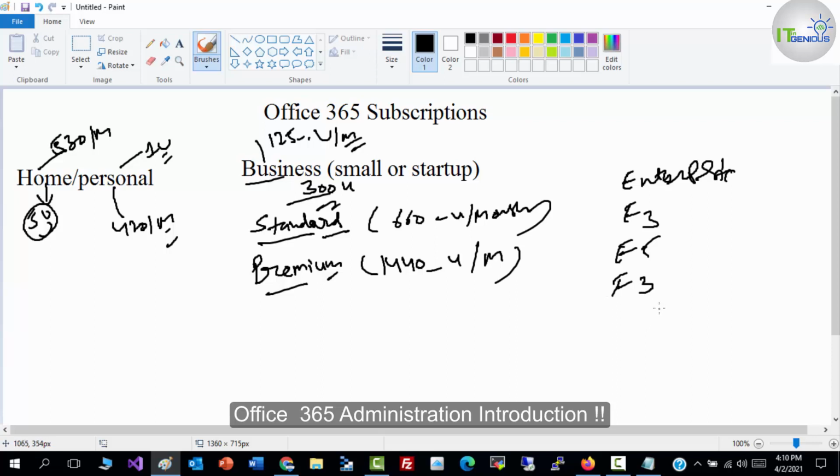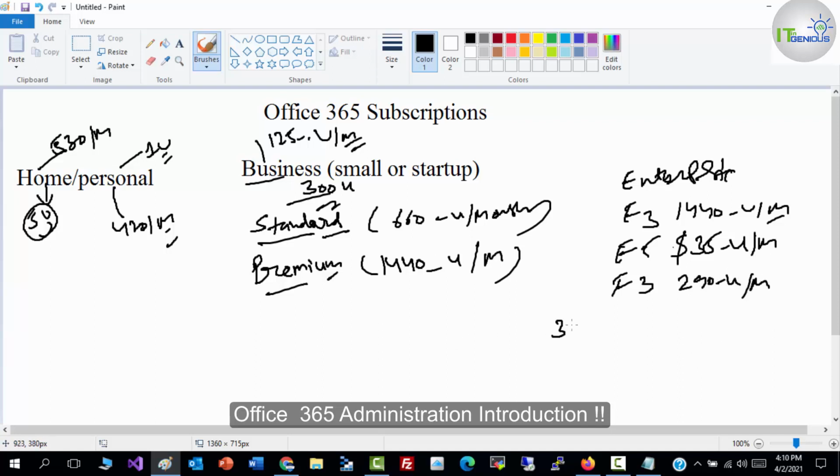These are the licenses which we can use here. E3 pricing would be 1440 per user per month, where you would be able to create an unlimited number of users. You will get storage space as well as per the features which you select. For E5 pricing would be $35 per user per month. For F3 pricing would be 290 per user per month.